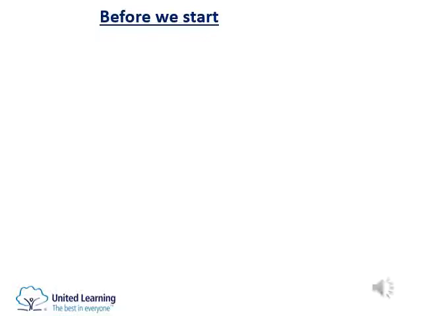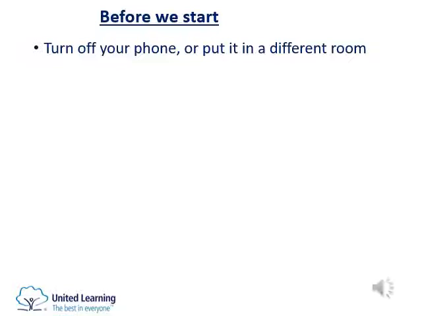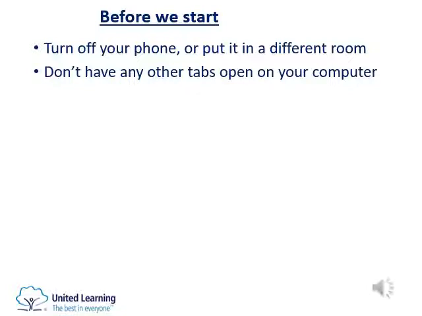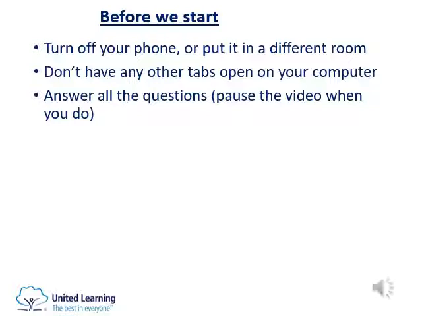So what I want you to do is make sure that your phone is turned off or in a different room, and that you don't have any other tabs open on your computer except this video, and then you might have the electronic booklet open as well. You need a copy of the booklet, which is called Genes, DNA and the Cell Cycle, and you can either have this printed or electronically, or alternatively you could just work on paper with the booklet open electronically